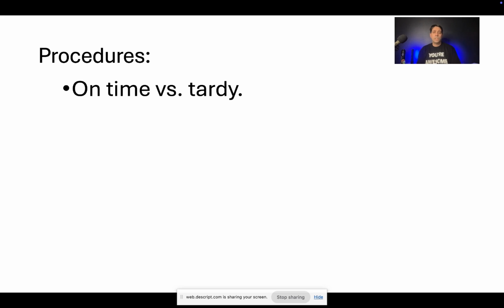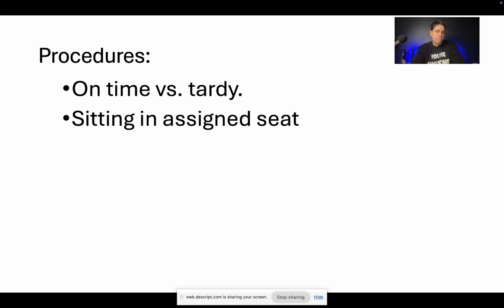I make a real big scene. I say, what's wrong with this example? Well, you interrupted everything, right? Okay, let me now show you a perfect example. I'm going to go outside. I'm going to quietly open that door, quietly put my backpack down, quietly go to my seat as if to interrupt nobody. And say, okay, what did I do differently that time that made it better? And let them point those things out. This is one of those things that you're going to have to remind your kids on, is how to come in tardy and to just do little touch-ups on reminders on these things over the first few weeks.